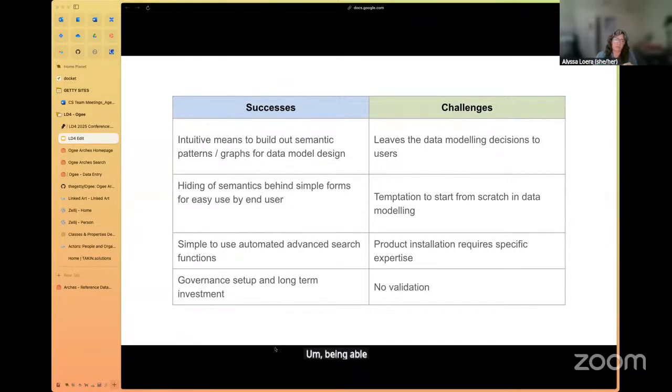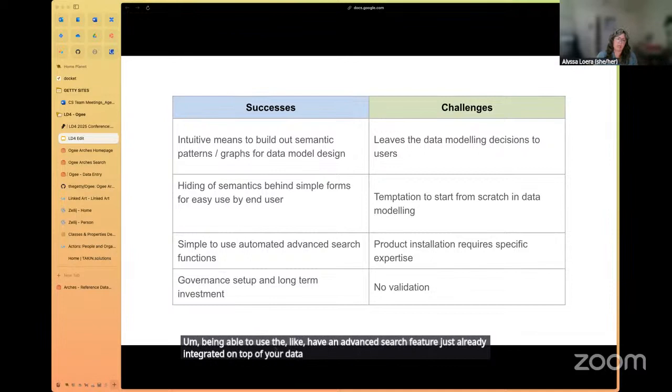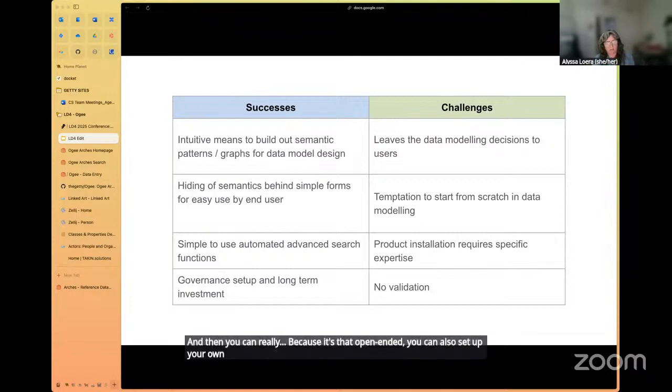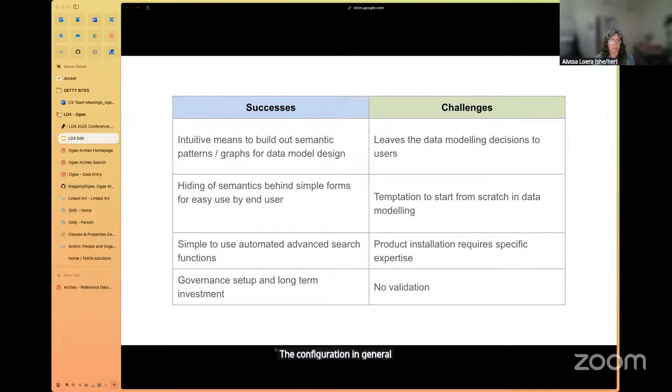Being able to have an advanced search feature already integrated on top of your data is nice. And because it's that open-ended, you can also set up your own governance as far as who has access to the designer, who has access to the configuration in general, and set up some procedures for how your data is collected.